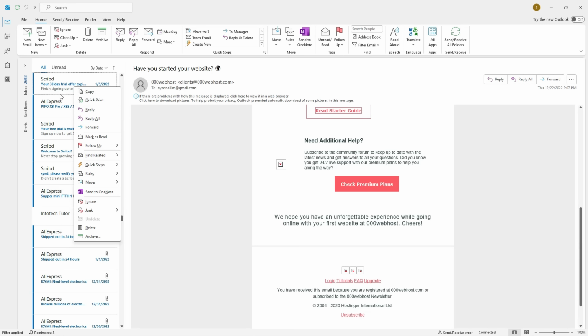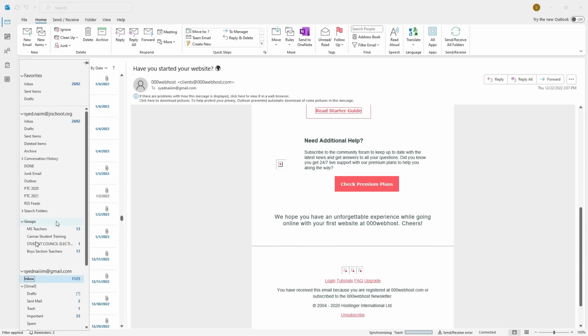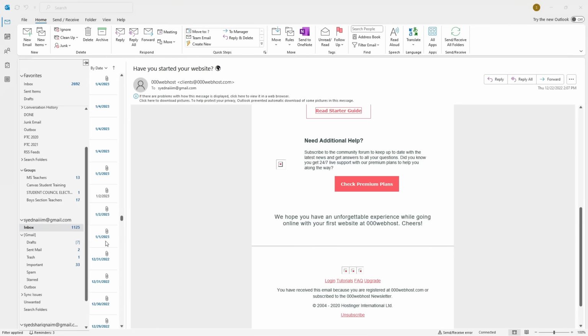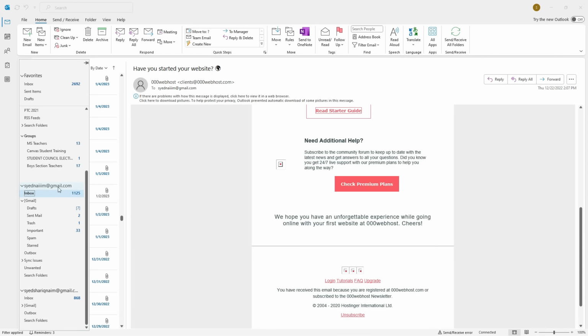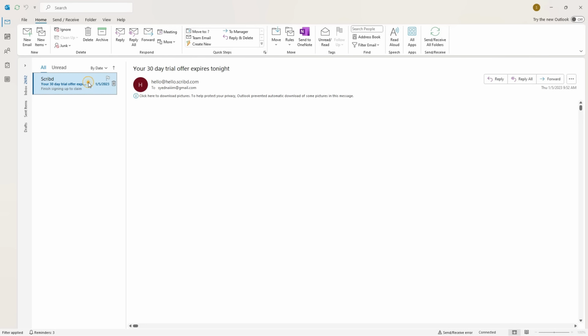Suppose you delete this email, as there is also on each email one recycle icon, delete the item. Once you delete this item, where will it go? In delete. Like you can see, this is my email and I was using this one. There is the option trash, and in trash you will find that email you deleted.